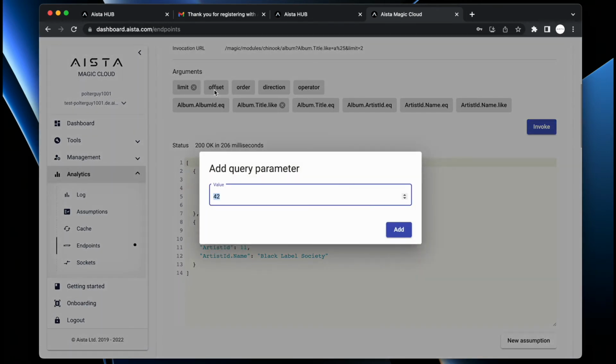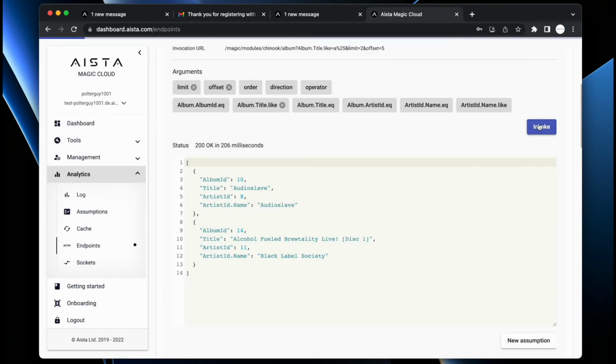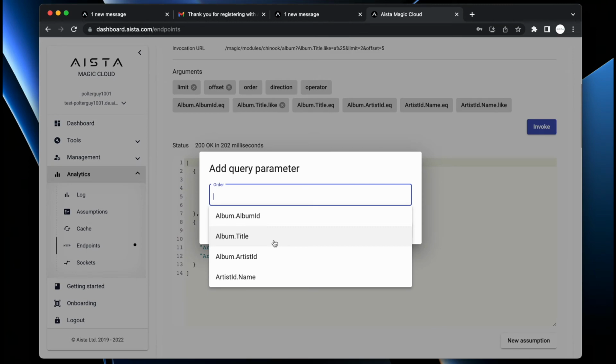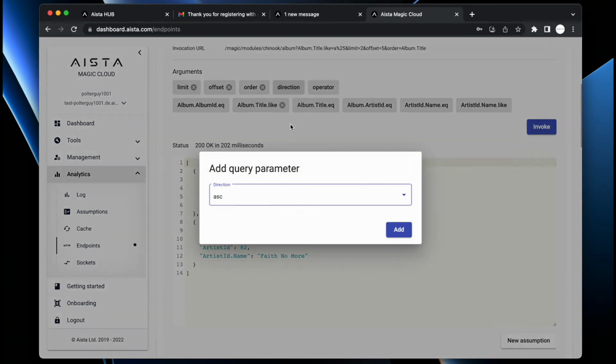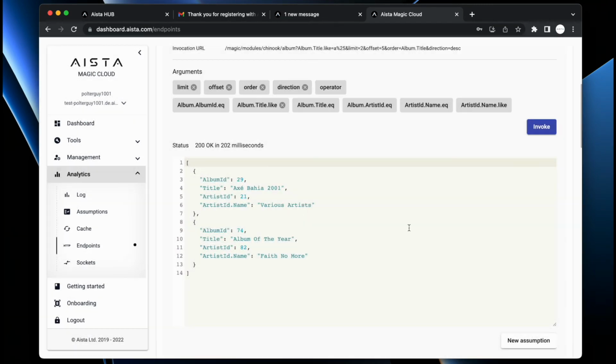If I do offset 5, then it's going to do offset 5. So it allows you to do paging and all of that beautiful stuff, filtering, ordering by title, either ascendingly or descendingly, etc., etc. So now if I'm an Angular developer, I can immediately start creating an Angular app